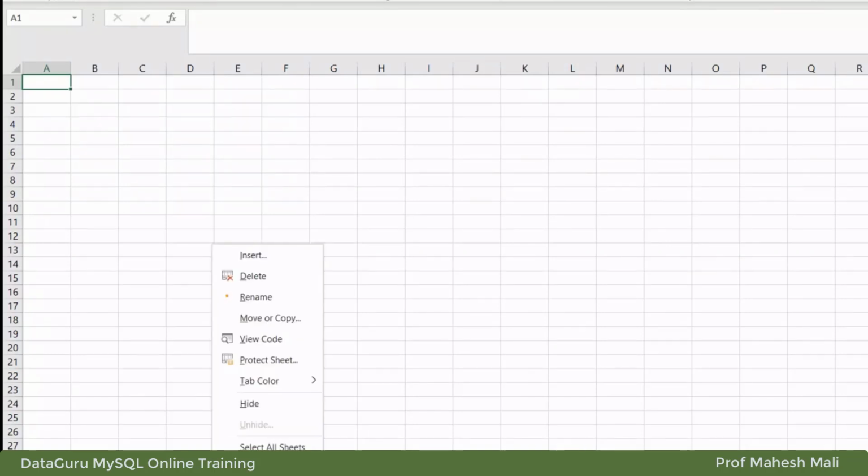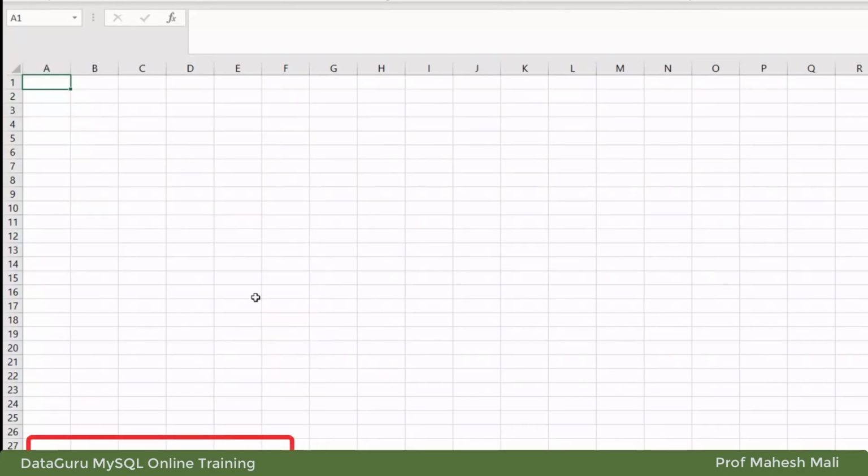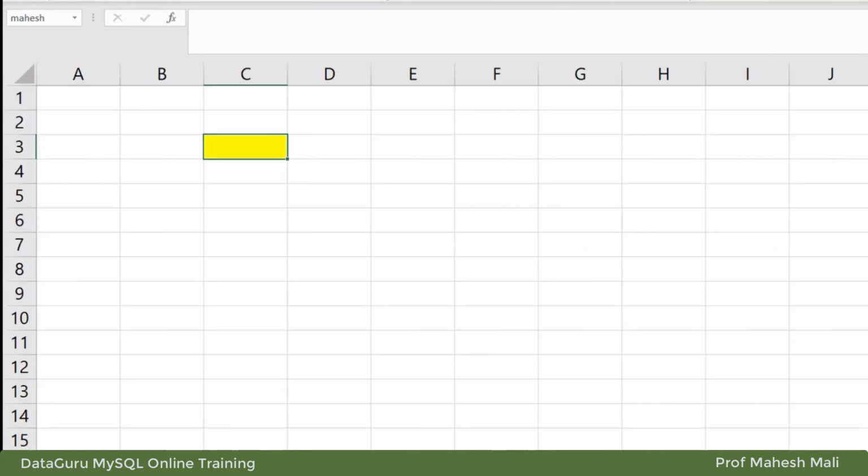There is a rename tab, and you can place names over here. This sheet is meant for HR. This sheet is meant for technical infrastructure services. This is meant for the summary. Okay, so you can write like this and you can manage the sheets.